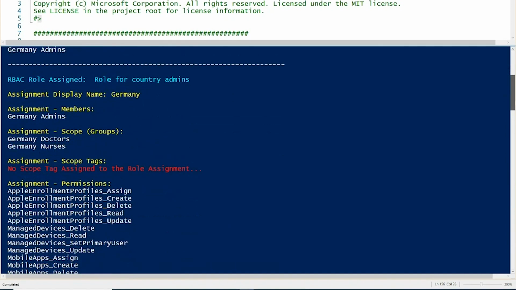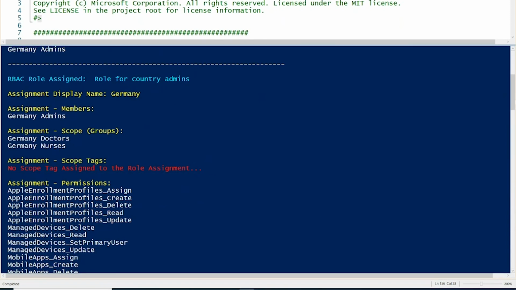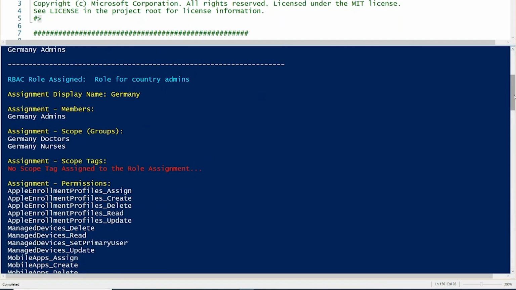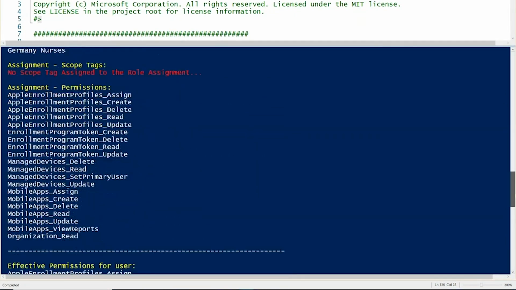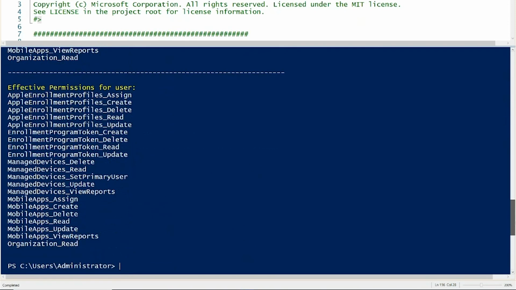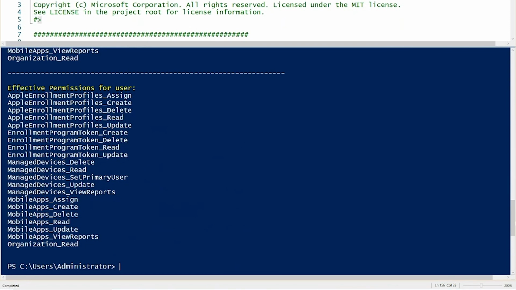After that, it lists all the roles that are assigned to Garen. Most of the times when we use RBAC and scope tags, there are two kinds of issues. Either the user has more permissions than they should have, or they have fewer permissions than required. And this is mostly because either their effective permissions have something extra or something less across various roles. So using the script, we can identify all the roles, all the admin groups, and scope tags that are assigned as part of those roles to Garen. So besides listing permissions across each role, the script also shows all the effective permissions for the user. Once we do that, the admins can go back to the portal to make the required changes.